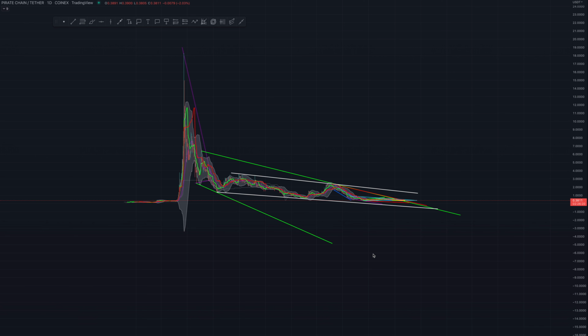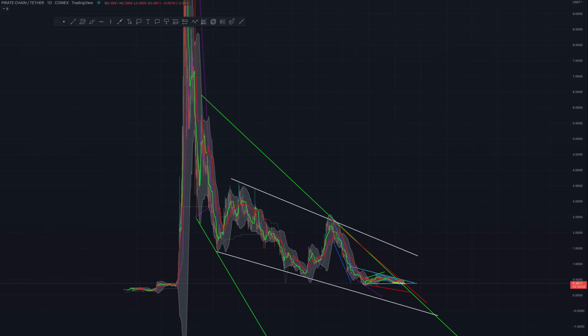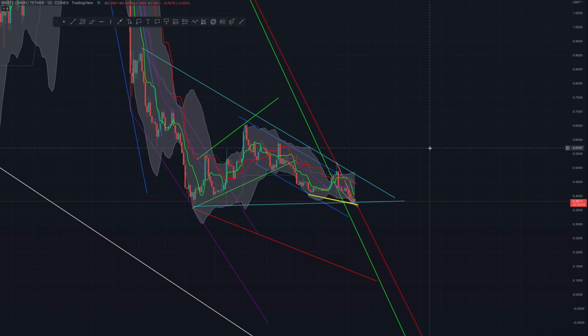This video, I'm going to cover Pirate and two different things. First, obviously, wedges and what we're looking at more in the short term, but I also want to talk about Fibonacci circles and what they're telling us. So let's start here. This is the daily, and this is what the wedges look like, so they're kind of crazy. But what we want to do is zoom in and get a closer view of what's